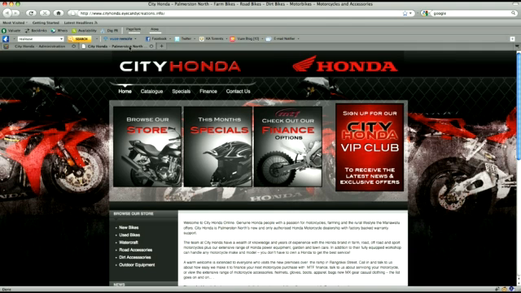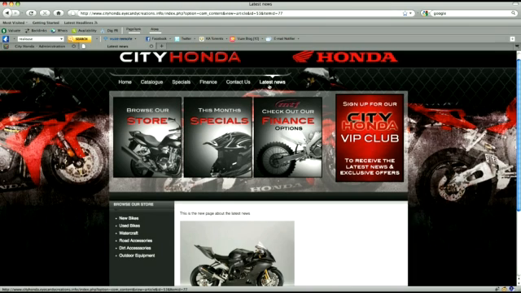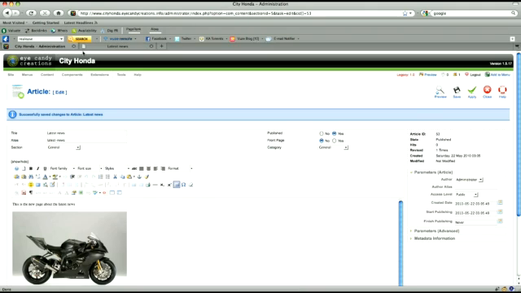So if we go back to the front of our website and we reload the page, you will see that latest news has now been added. Click on that and you'll see the information's there. Now it's just become another menu item on here with a page attached to it. So the second part to this, and this is quite important as well, we'll save that